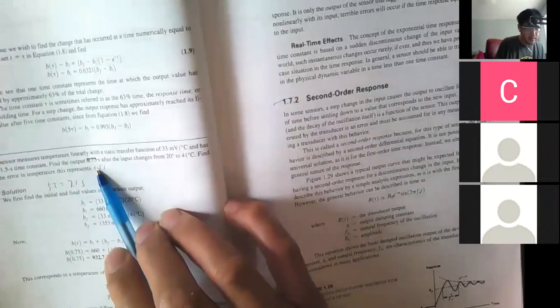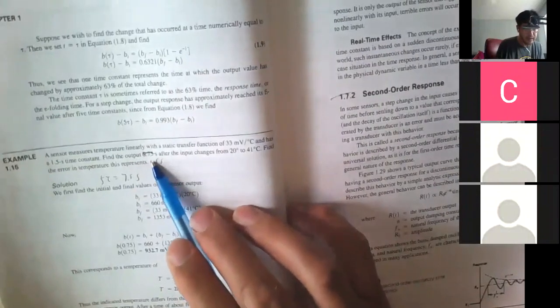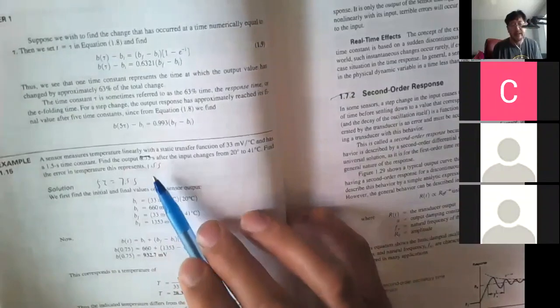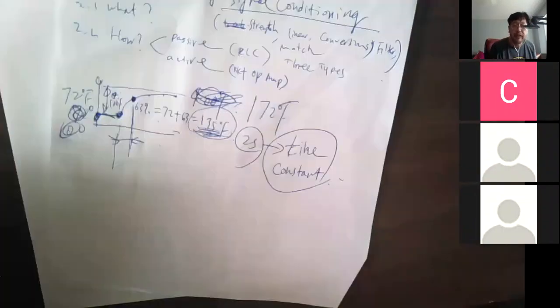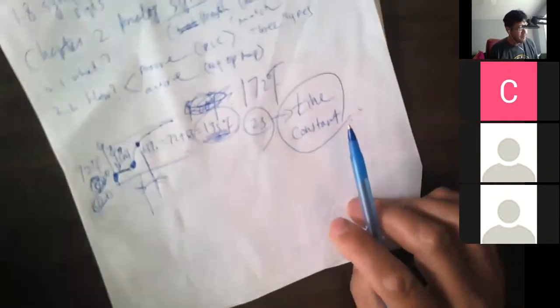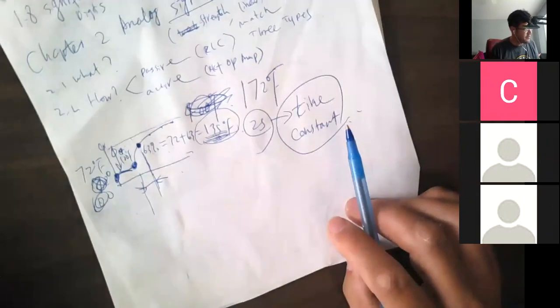For example, its time constant is 1.3 seconds. They also give an example of a sensor whose time constant is 1.5 seconds. So the manufacturer will provide you with this time constant. It turns out, once you know the time constant,